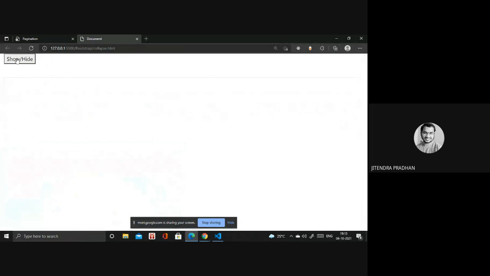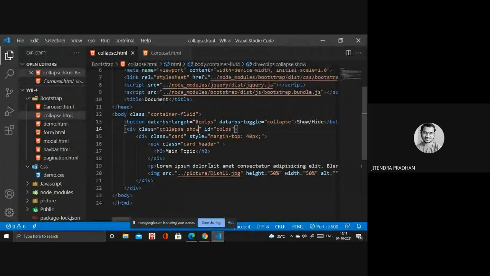So this is collapse. Next we have accordion-style behavior. I will show you how accordion works. It is the same as this, not much difference in the accordion, but I will show you.